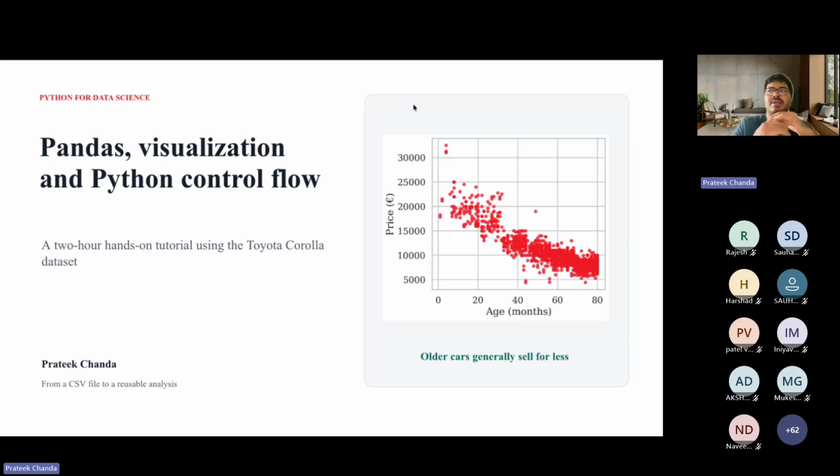Pandas is a popular library used in machine learning and data science. It provides multiple functionalities. Let's say you have a large data set with multiple features. A typical example: you want to buy a house, and for a house there are multiple features associated with it, like the location of the house, how big the house is, the price of the house, and the amenities.